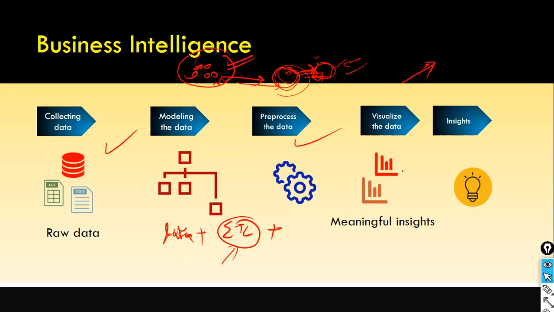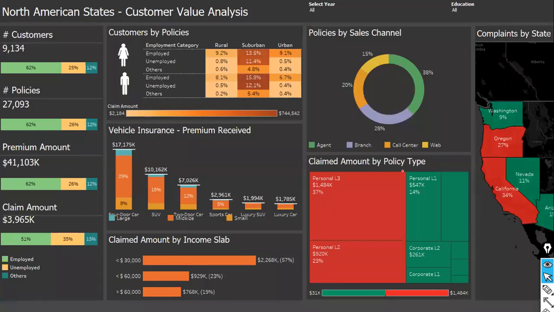But what Microsoft claims is that with Power BI, you can do the data cleaning and everything. ETL also you can do, as well as you can create the reports and dashboards. This is a simple dashboard. Look here. You can see that it is an insurance dashboard, a customer value analysis. These are the KPIs, key performance indicators. These are the vital parameters for this department, this specific manager, or the key stakeholders.